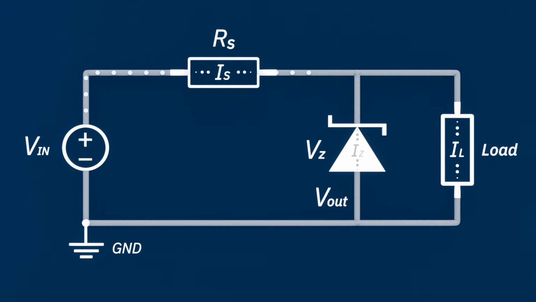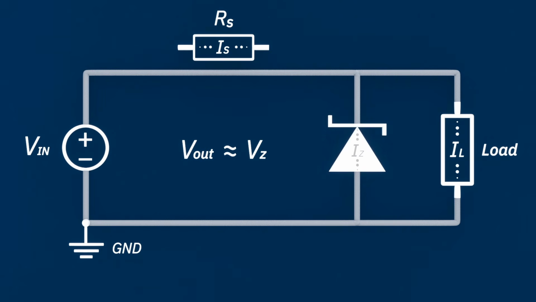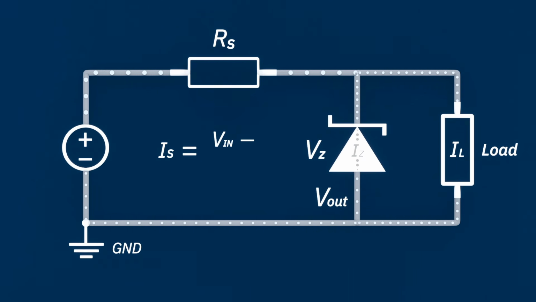When the Zener diode is operating in its breakdown region, the output voltage is approximately equal to the Zener voltage. So we can say Vout roughly equals Vz. The series resistor plays a really important role here. It limits the current supplied to both the load and the Zener diode. Without this resistor, once breakdown occurs, the Zener diode would attempt to draw excessive current from the supply and would quickly overheat and fail. The current flowing through the series resistor is given by the equation Is equals Vin minus